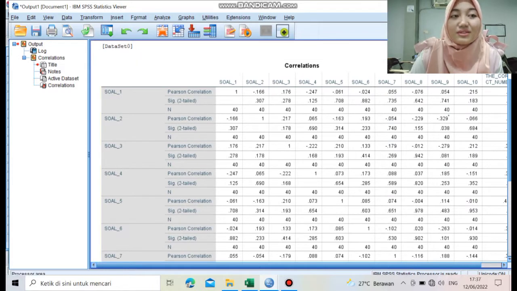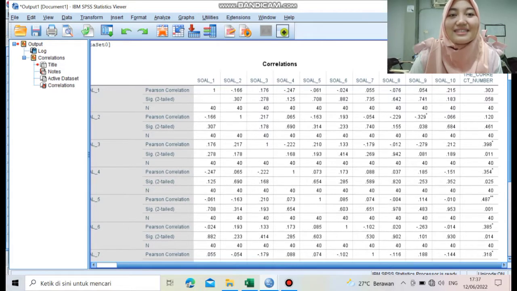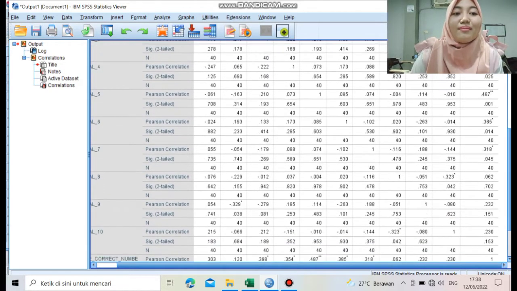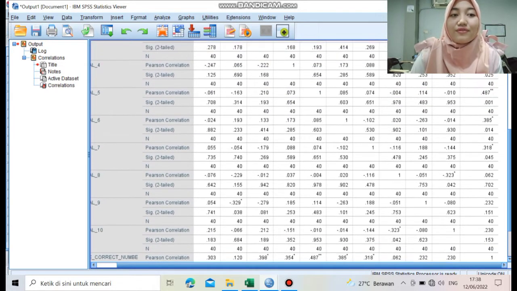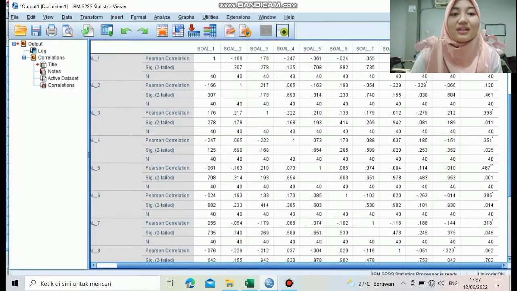There are numbers 3, 4, 5, 6, and 7. If our r count is greater than our r table, the result is valid. Our r table for 40 respondents is 0.312. Then the numbers 3, 4, 5, 6, and 7 are valid because they are greater than 0.312.